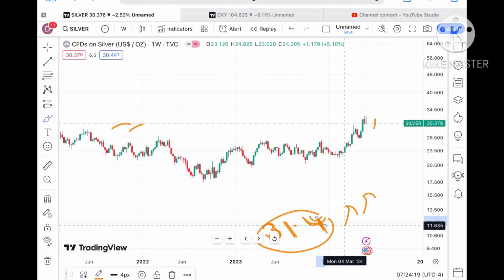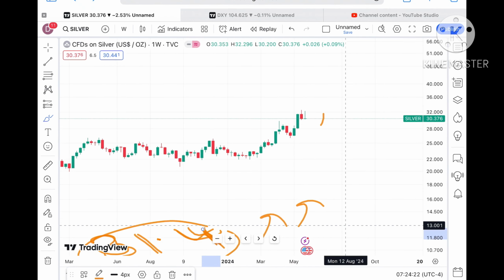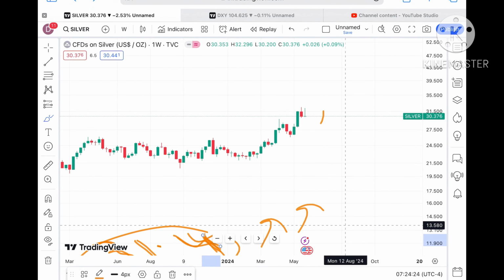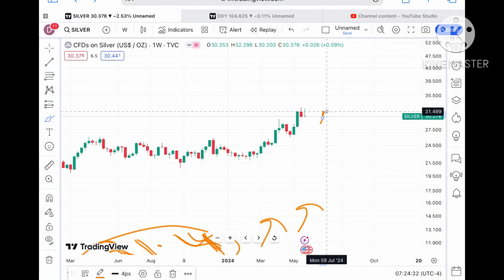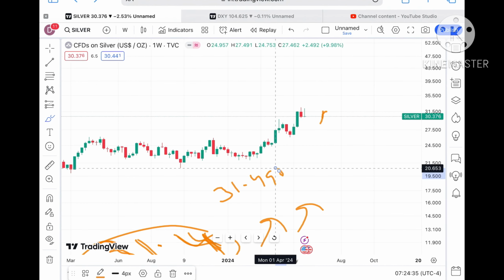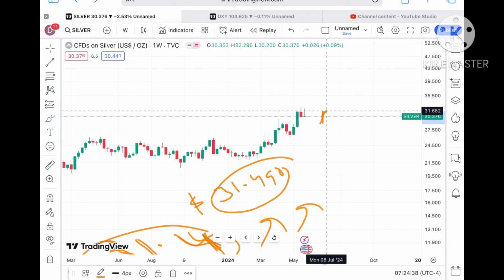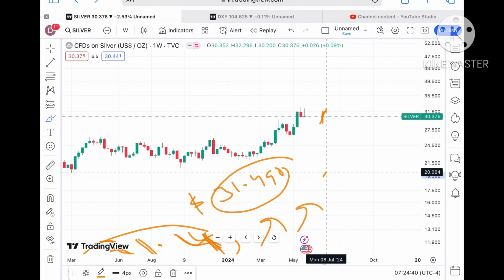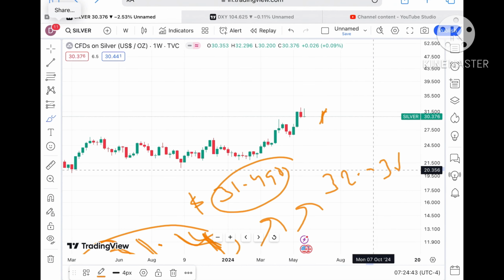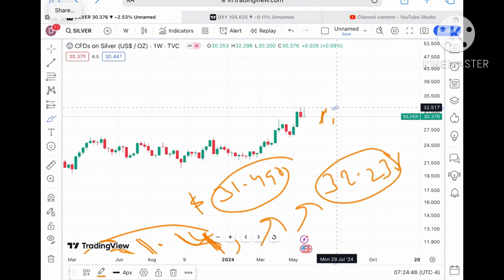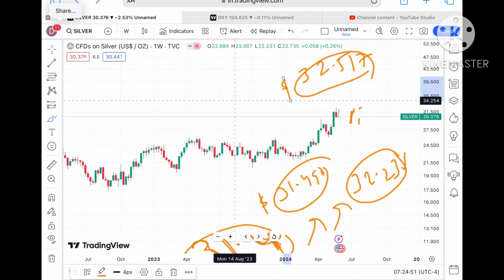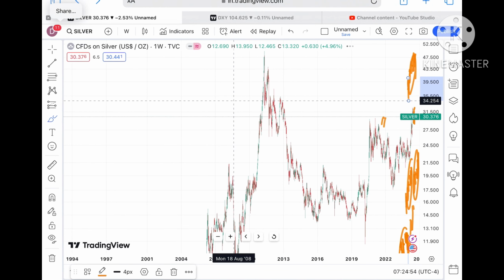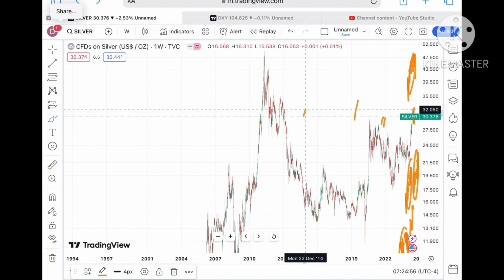Now looking at this particular silver chart, what we can see: it is trying to form a doji candle for this particular week. If the price sustains this level, it can go towards its next resistance at a level of $31.490. If the price sustains above that level, it will go towards its next level of $32.236. Once the price keeps moving up, there is a chance of touching a level of 32.517. If the price starts sustaining above 32.517, a further upside we can see towards a level of around